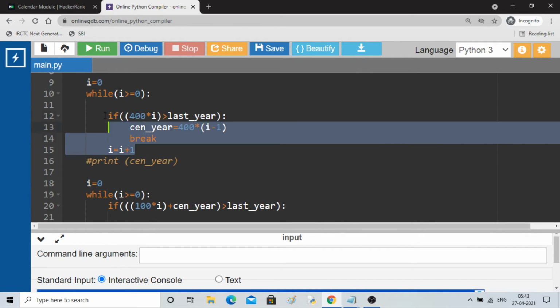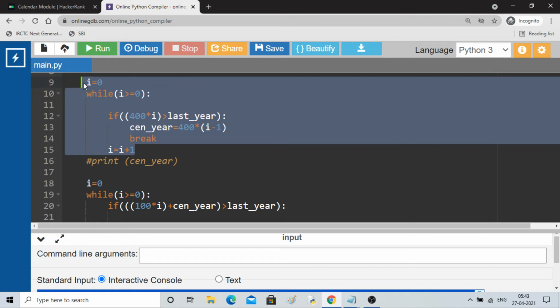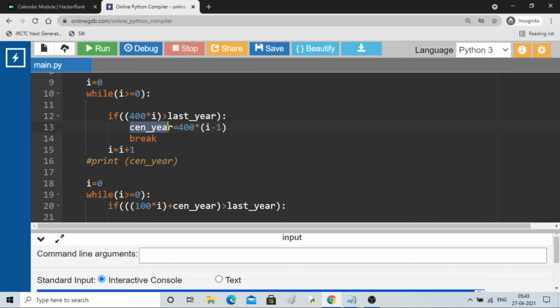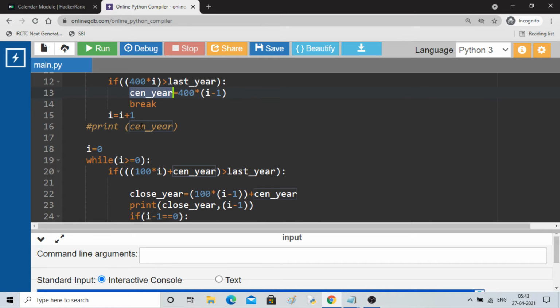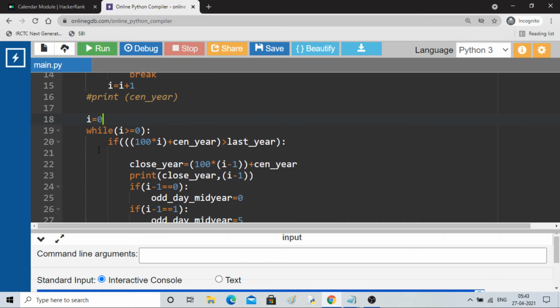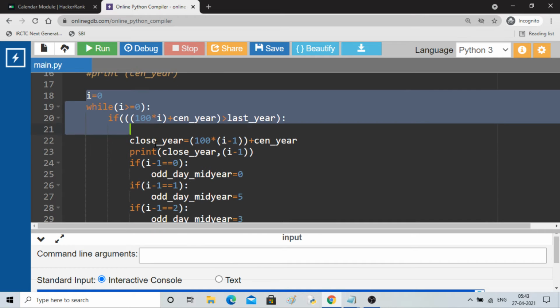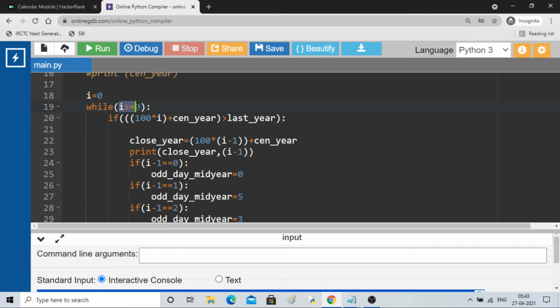So at the end of this while loop, what you will get is the century year, which I am calling cent year. You can also print this if you want, but you might be able to grasp it anyway. Now comes the next while loop. i is equal to 0, and as long as i is greater than or equal to 0, this while loop will be running.